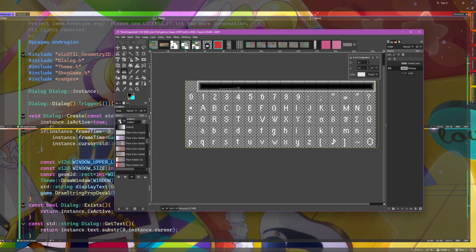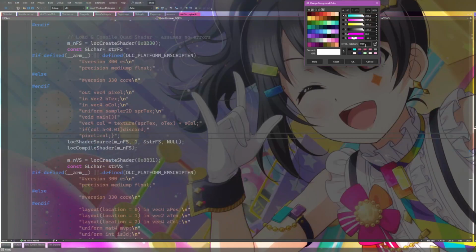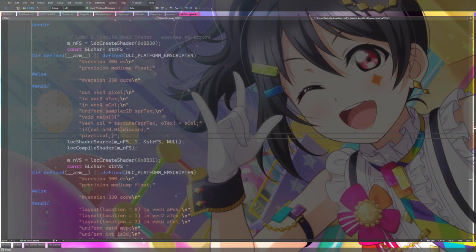And instead of white, we want it to be transparent on the other side. I want it to be transparent.